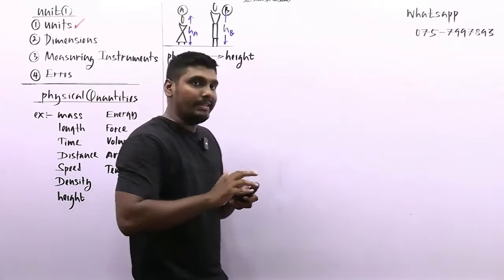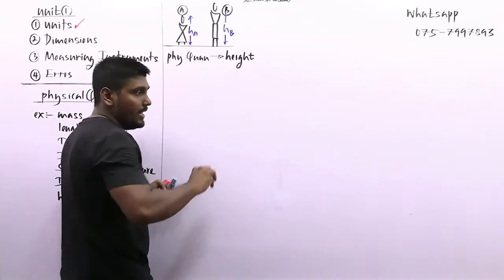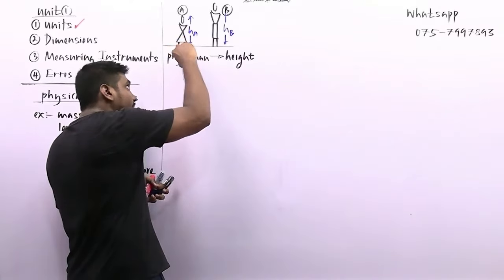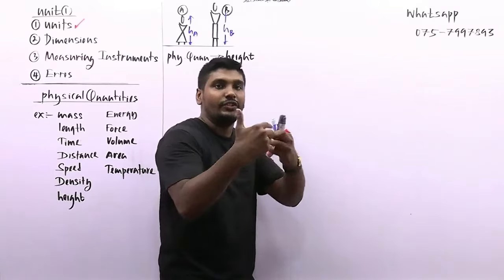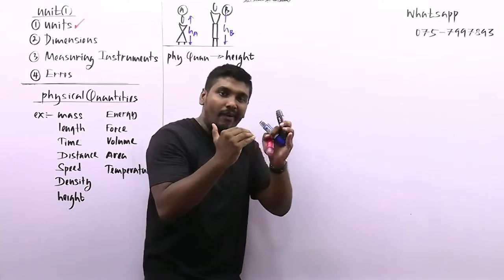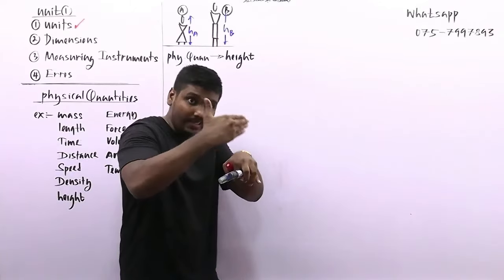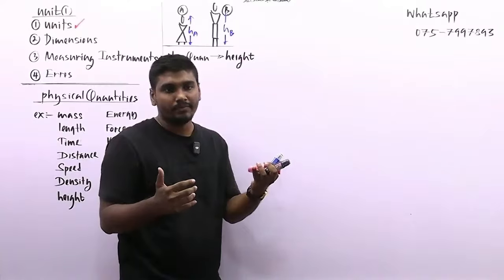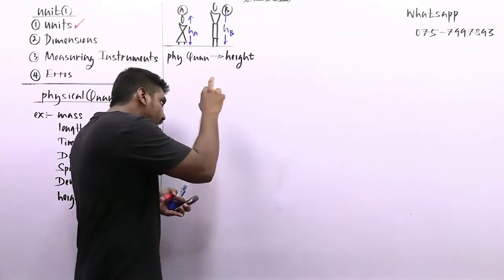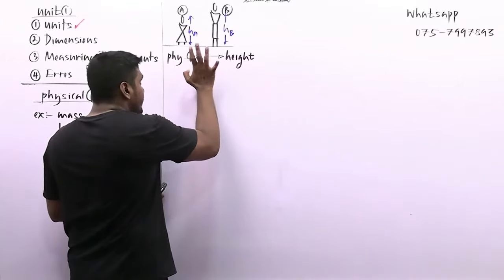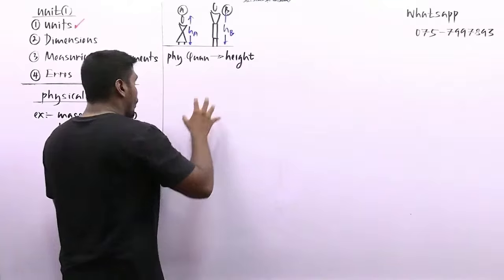Qualitatively, you can tell that person B is taller than person A. If not, you can explain person A is shorter than person B. If you represent their height qualitatively, you use words like shorter, taller. But you don't know exactly what the height of A is, or of B. You don't know the height difference between A and B. So when you are measuring qualitatively, that's the problem. You can tell relatively that this one is taller and this one is shorter. You can't think beyond that. That is the idea regarding qualitative measurement.